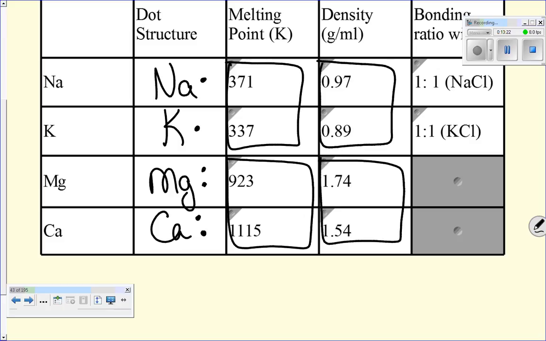So notice that physical properties actually have some relationship to things like location on the periodic table. This is actually extremely important in chemical properties. We also notice that the bonding ratio changes here because of those 2 valence electrons. Again, we'll talk more about why that occurs later. What's important today is understanding how to draw a Lewis dot structure and